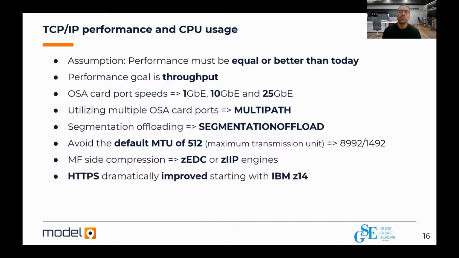The next thing I just wanted to mention is HTTPS is key here when working with cloud. Maybe if you're working on premise, you can avoid encrypting the data in flight, but really for cloud, it's really important. And starting with IBM z14 and up, the encryption has been dramatically improved and is not really significant for the added CPU cycles needed. And again, although they're on zIIP engines, the lower the better.